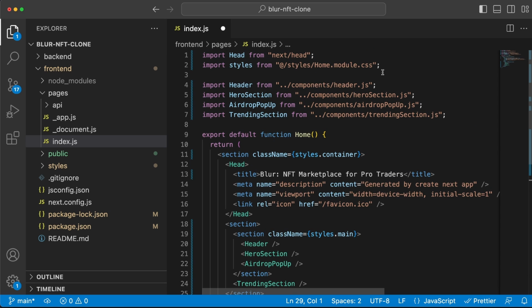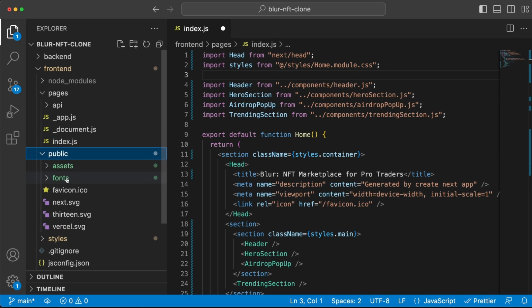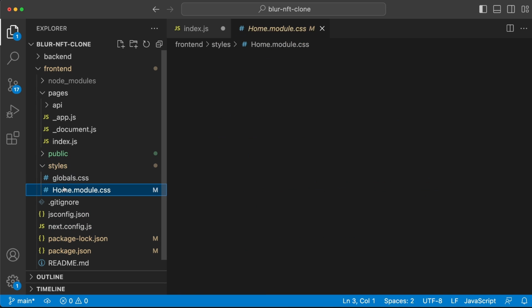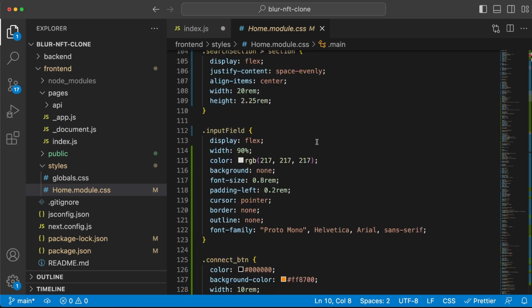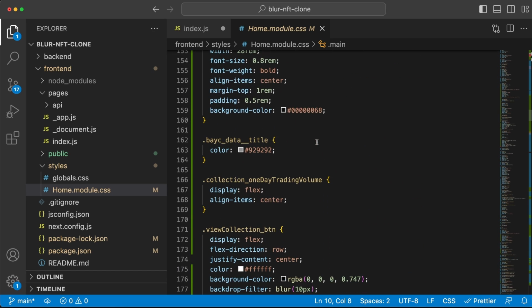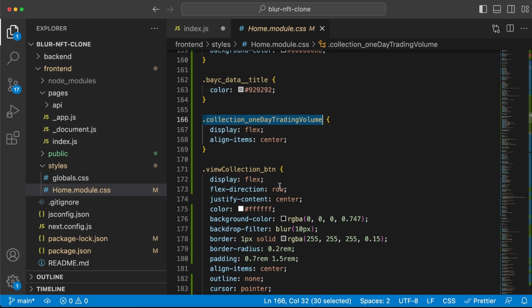Now let's jump into frontend folder, and inside the index.js file, we're gonna replace all this code with this. So before we dive into it, I just want to say that I've added images and fonts in the public folder, and I've also added some styling. So I removed what was inside the home CSS file, and I've added a bunch of styling. I'm not gonna go through all the CSS, we're just gonna use the classes right here inside our code,